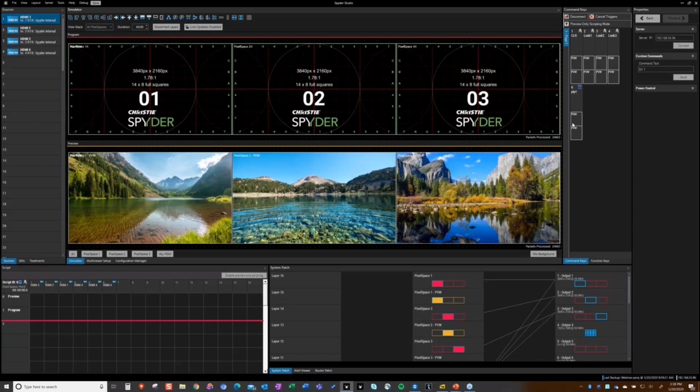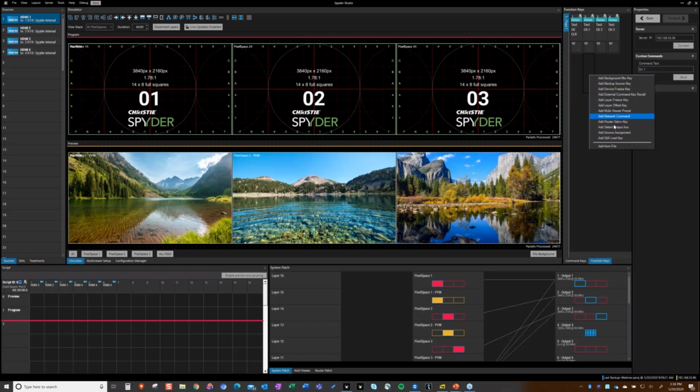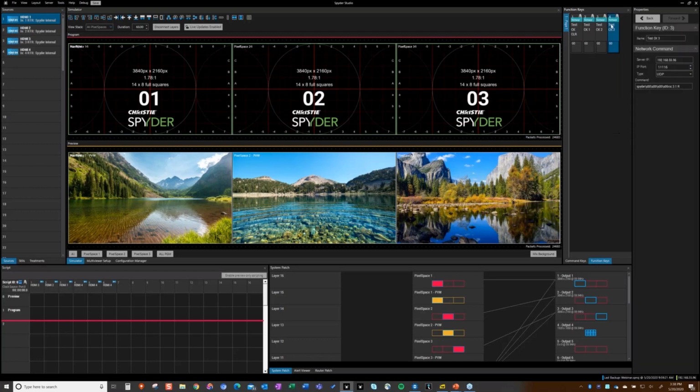The next thing I'll show you is those function keys. So these are the command keys or my presets. I come down here to my function keys tab. I've already created a few of these network function keys, but in my function keys, I have a list of function keys that I can set up. This is just my network command function key. If I select this function key in the properties window, you can see its